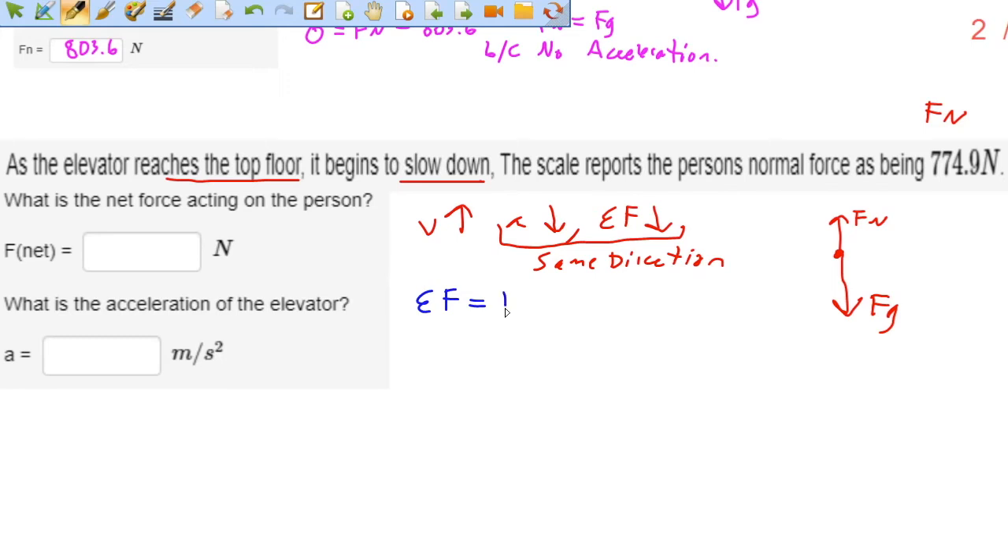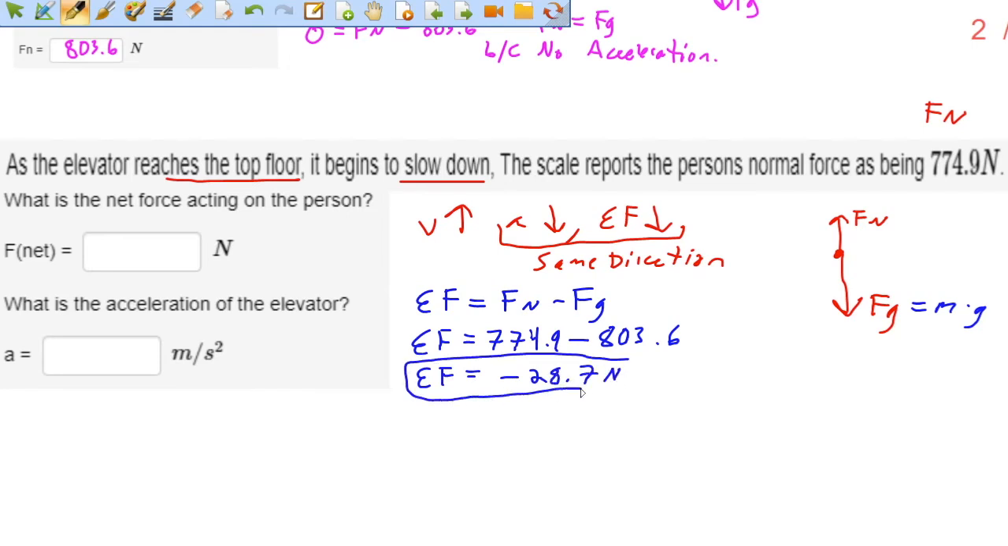Net force is equal to the forces that point up, force normal, minus the forces that point down, force gravity. I find out that net force should be equal to force normal, which is 774.9, minus force gravity, which we said above was 803.6. Force gravity still is the same because force gravity is just mass times gravity. Neither of these two things has changed in the elevator. We still have the same mass and we still have the same gravity. So we're going to add those together, and we find out that our net force should be negative